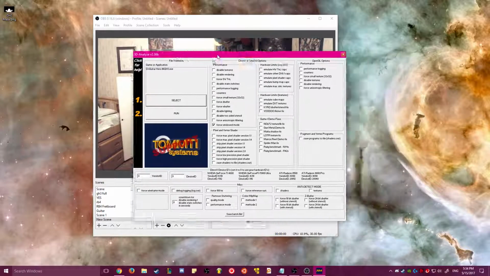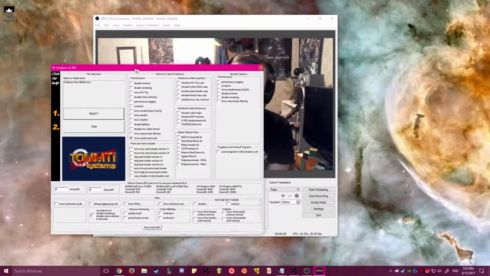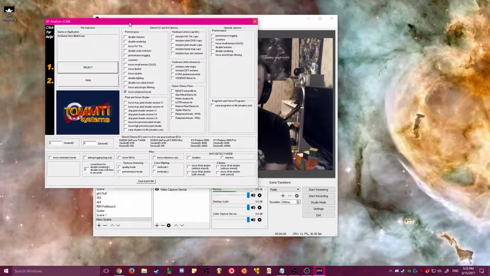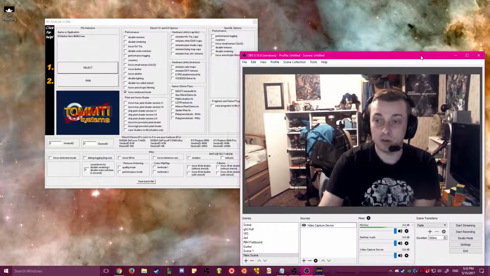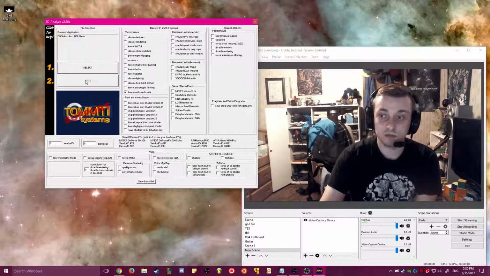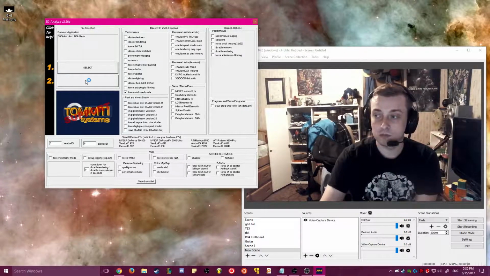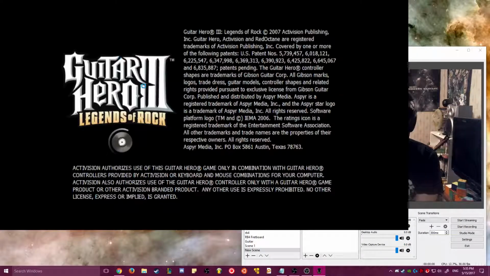But here's the thing, and I recommend doing this to prevent any kind of frame skipping: hit force windowed mode. That's literally it, just force windowed mode. When you start up the game, it will look something crazy like this. It is starting up. Give it a moment. See how that's not full screen? You can make it full screen if you want it to be